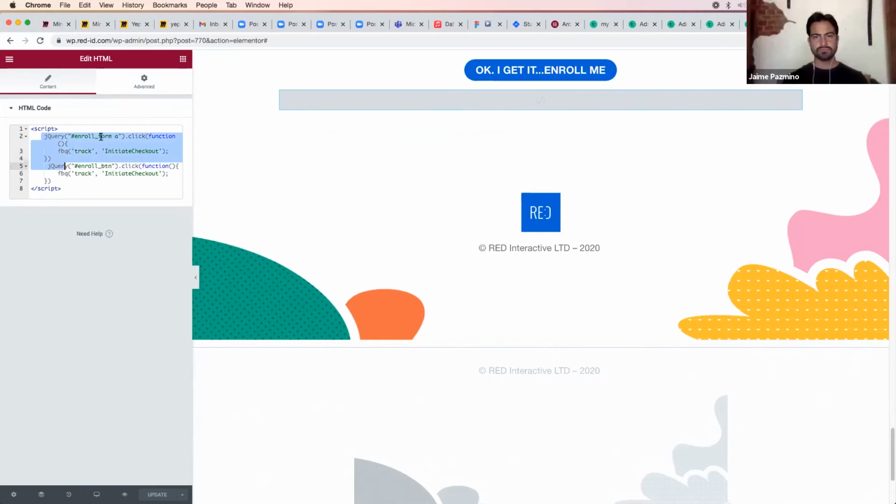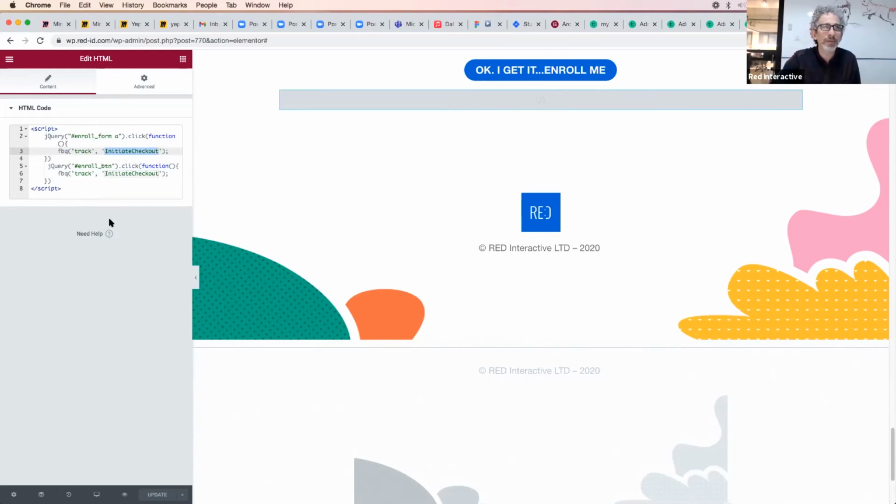So here I'm just addressing that click button and telling all those enrollment buttons that if somebody clicks on them, just tell Facebook that we initiated checkout. So actually, we're not reporting on the actual checkout page, but on the intent to do checkout, which is as good. And still, the idea behind it is that you want Facebook to understand what's going on in your funnel. You want to tell them, because then they can help you. And this is true for any advertising platform.